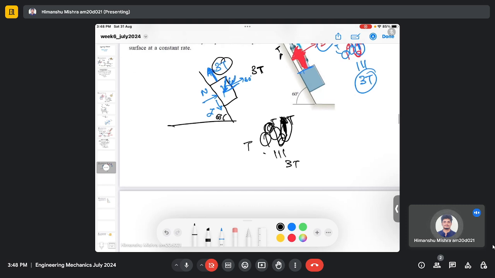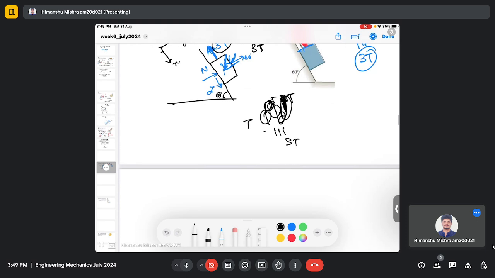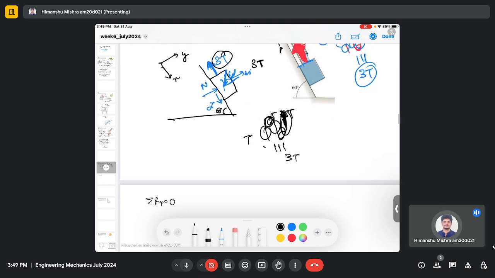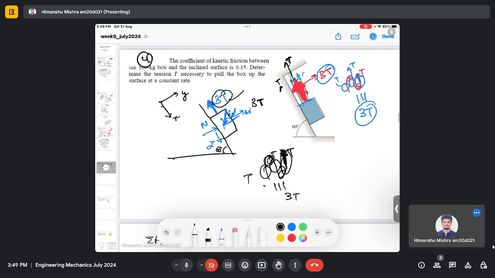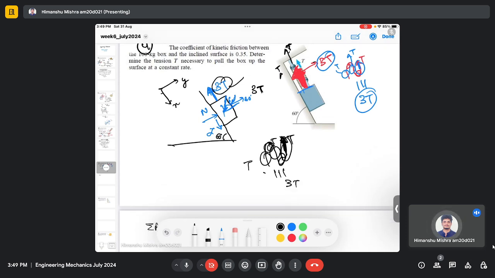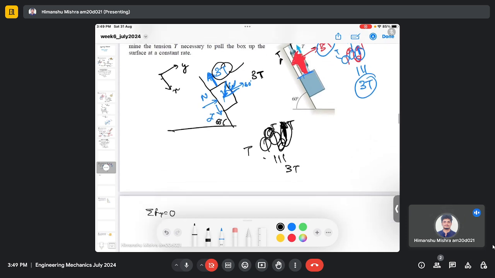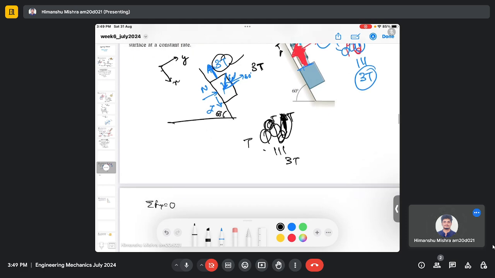So again define the coordinate system. This is my x and this is my y axis. Along x you have this tension force. I keep using the word surface tension, but it should be only tension, it's only a tension force. So in the x direction there will be a tension force, and the component of this weight